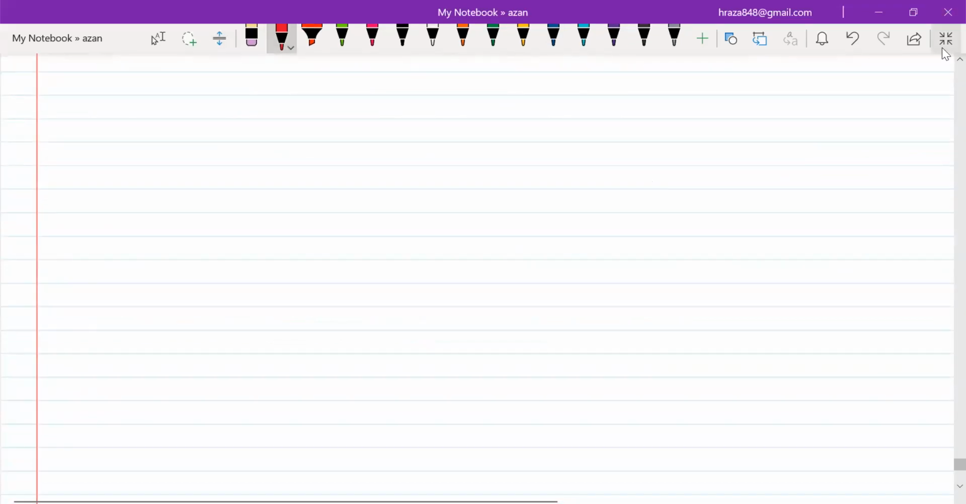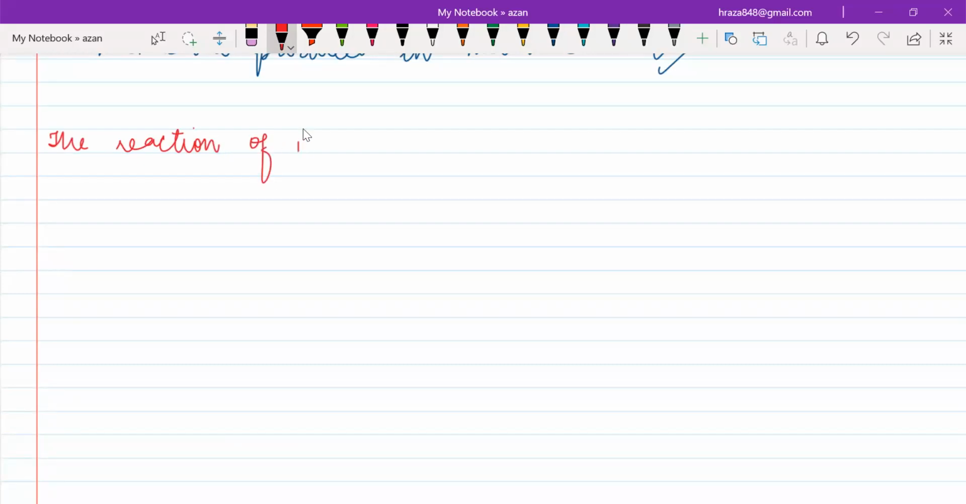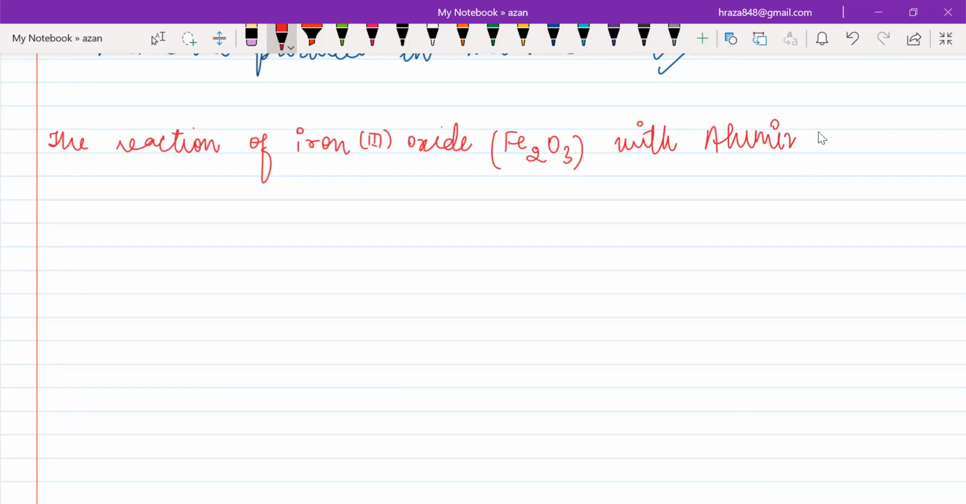Now see, as I told you, this reaction is usually used to join railway tracks. So I'm going to write a point which is very important. Please write with me: the reaction of iron(III) oxide, that is Fe2O3, with aluminium is used to join railway tracks